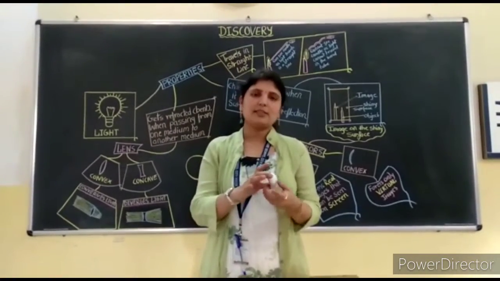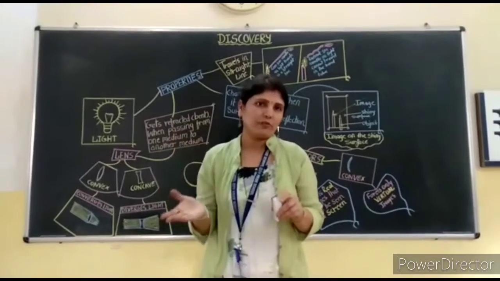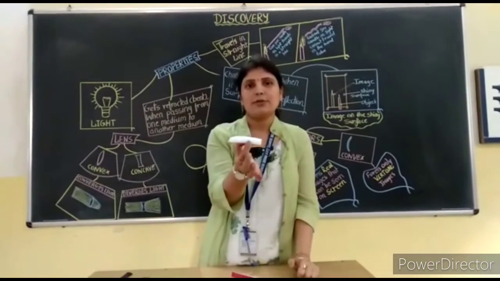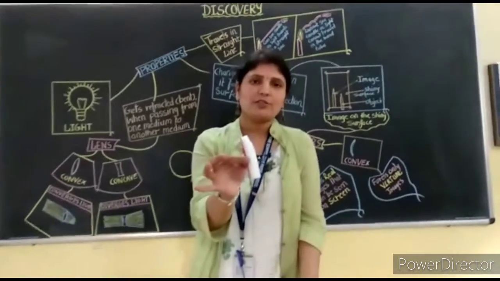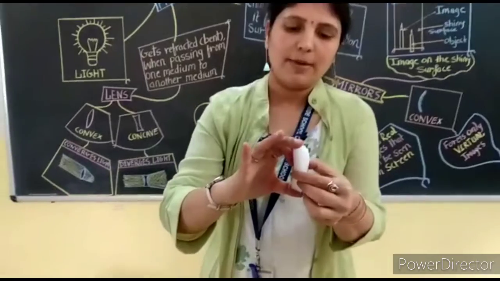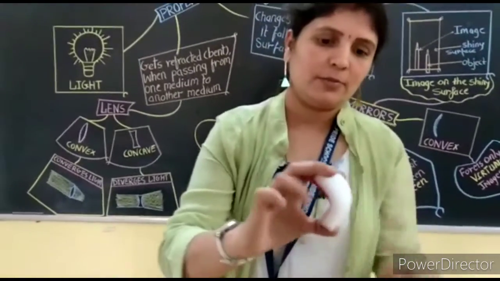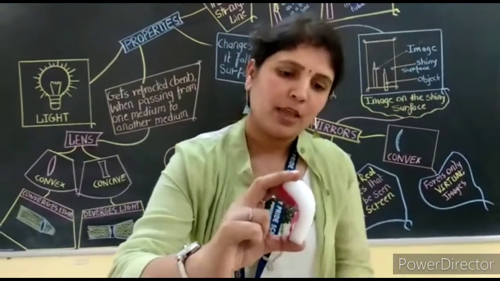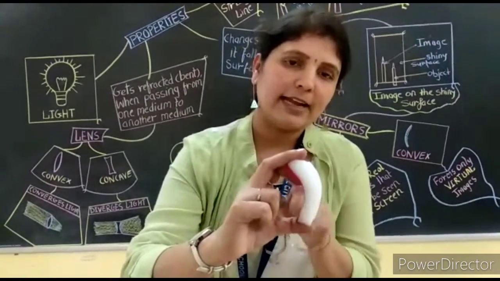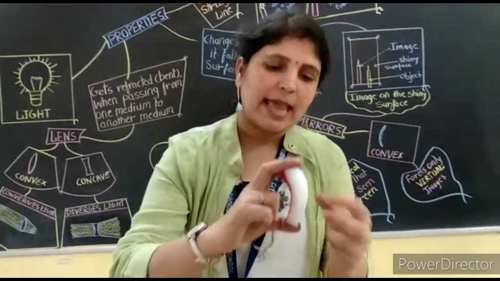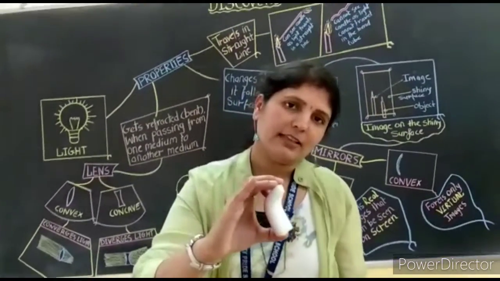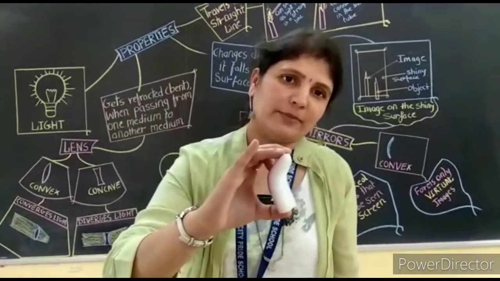So now let us see the same thing, the convex mirror and the concave mirror, with an example with the help of a sponge piece. This is nothing but a sponge piece, children. You can just try it at home also. When I am bending this sponge piece like this, it is nothing but the convex mirror, and the other side is polished as it is a mirror. Exactly opposite, when it is cave-like, then it will be a concave mirror.